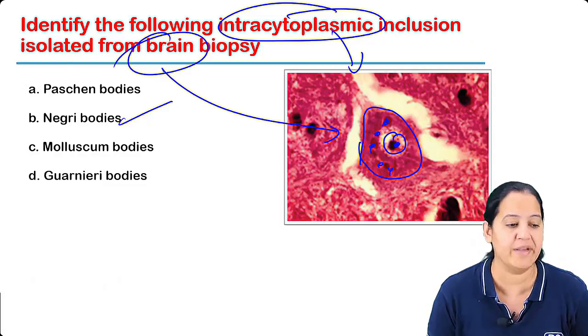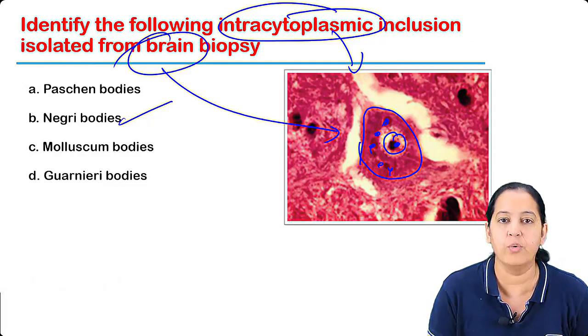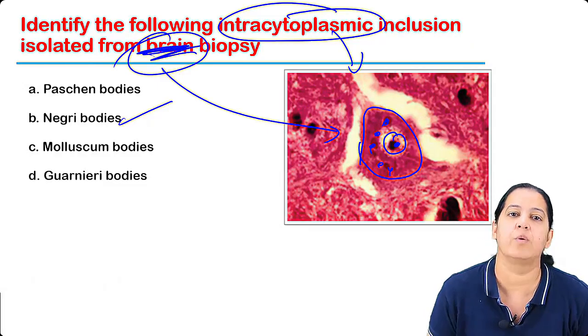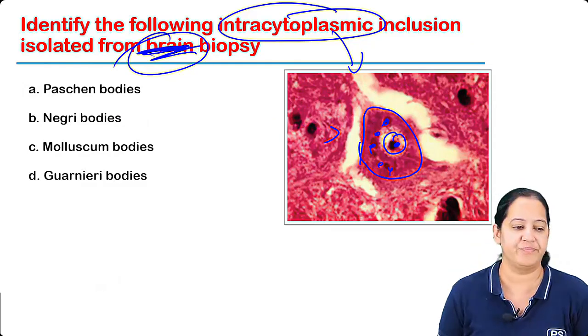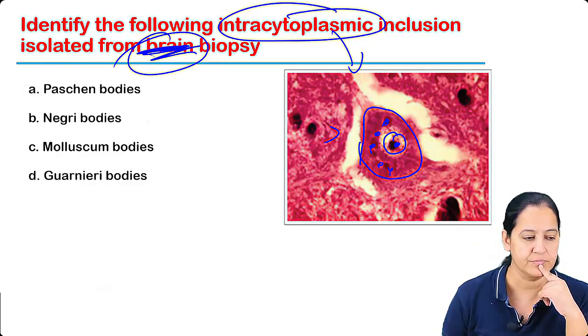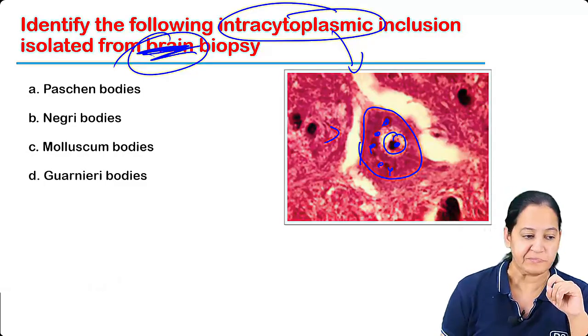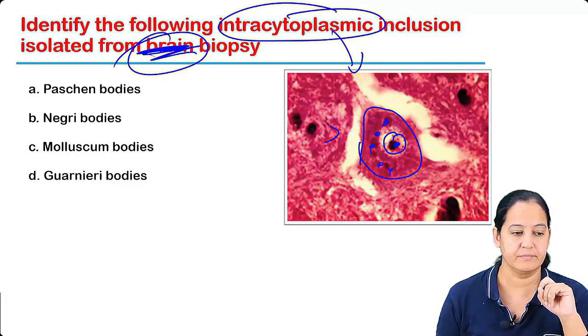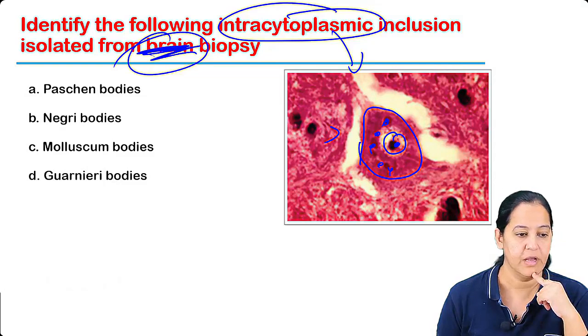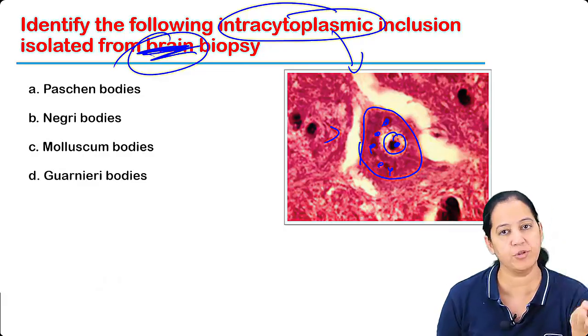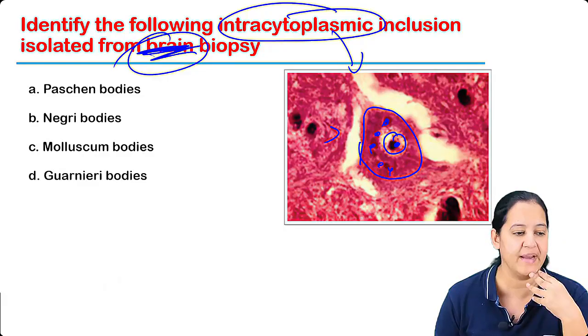You all are too intelligent. Let me tell you, if I remove the word brain, what is your answer now? The same image. What is the answer now? If cerebellum is also given, they will not give such a question, Lalit. They will give one of them, hippocampus or cerebellum. Both are equally involved. There is no sequence in that.